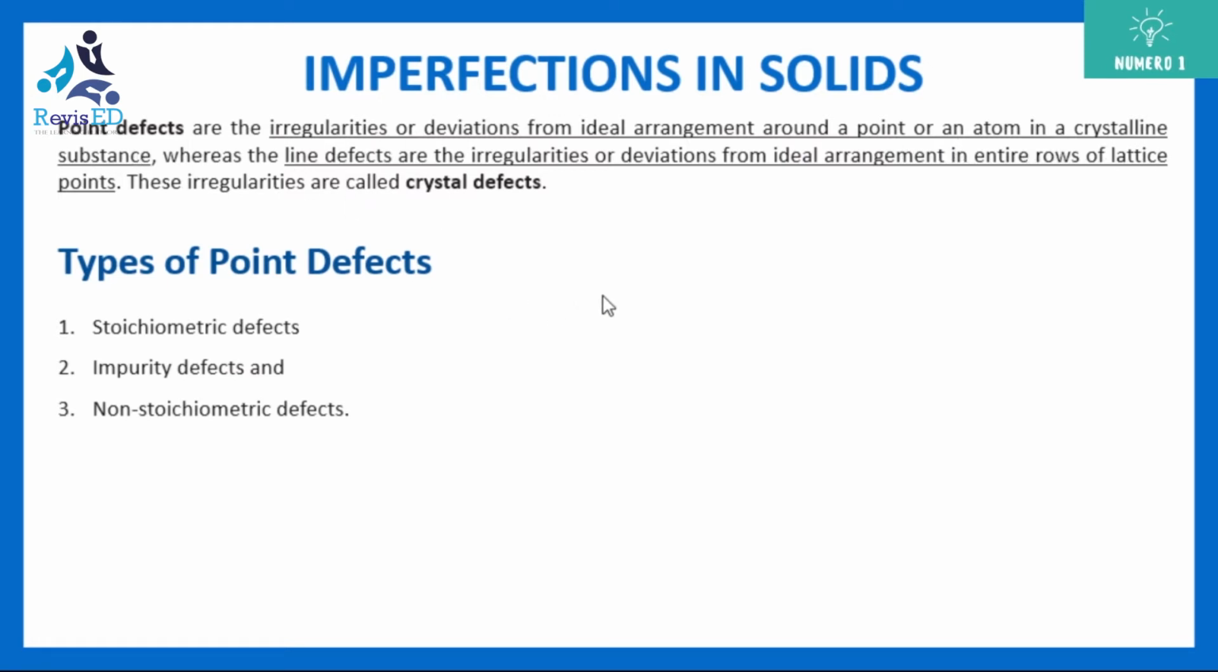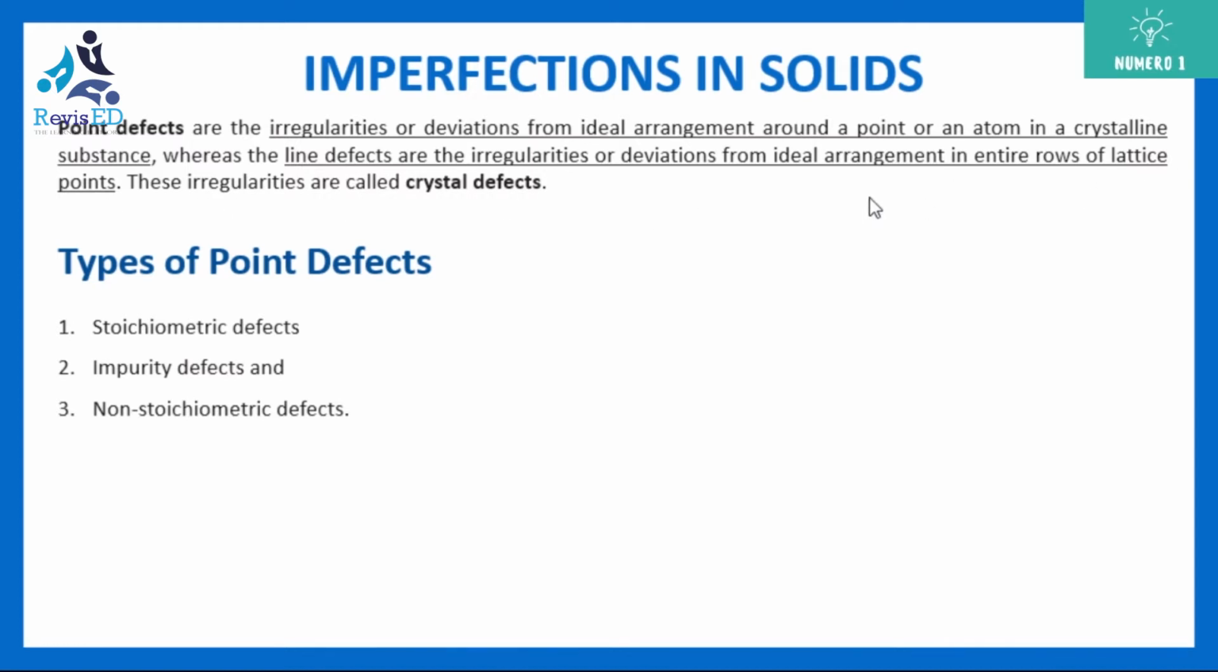For example, if you remember, in the previous session I explained one sphere, two sphere, three sphere, that was an arrangement in a two-dimensional plane. So if a point is misplaced, or if a point is substituted by something else, that gives rise to your point defect. Whereas line defects are irregularities or deviations from ideal arrangement in the entire rows of